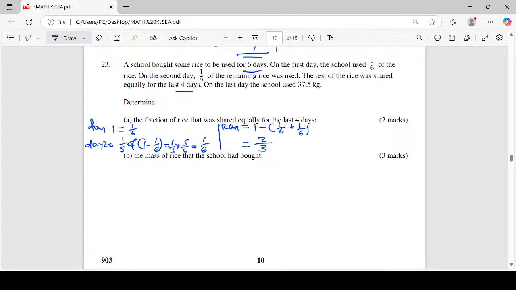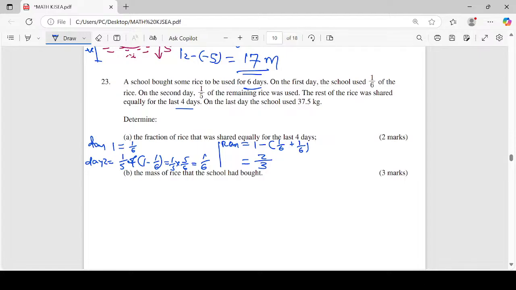Part B of the question. The mass of rice that the school had bought. How do we answer this? Remember, on the last day the school used 37.5. This fraction that remained, which is 2 over 3, was